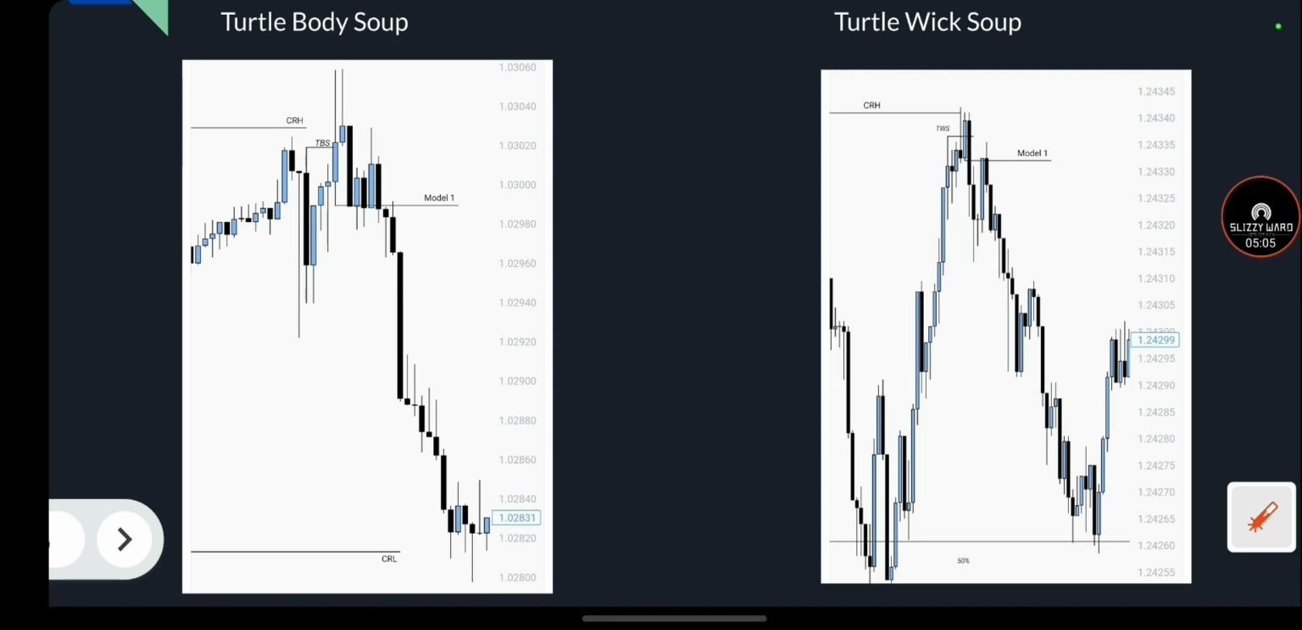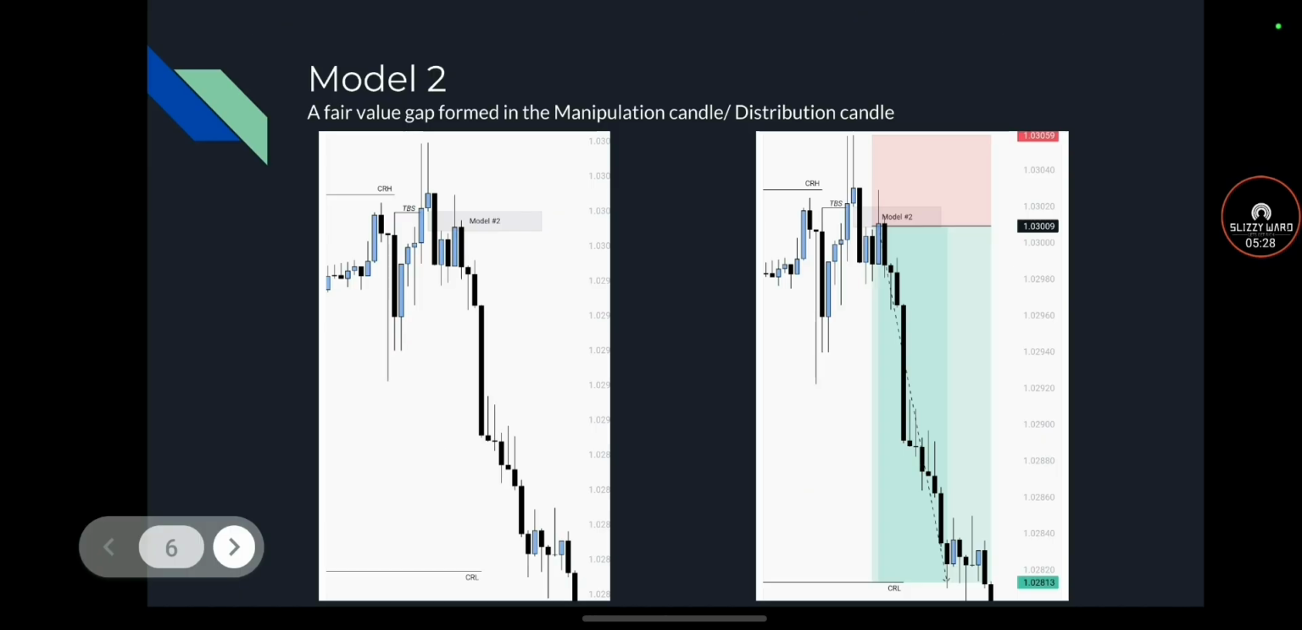So now let's move to the next example. Model 2. It is a fair value gap formed in the manipulation candle or distribution candle. You can clearly see there we have our TBS, which is not necessary though. We just need price to manipulate the candle range high, and when it pulls back into the range, we get a fair value gap,